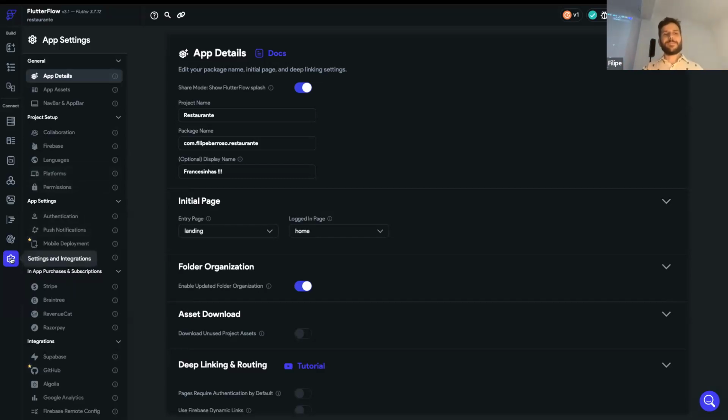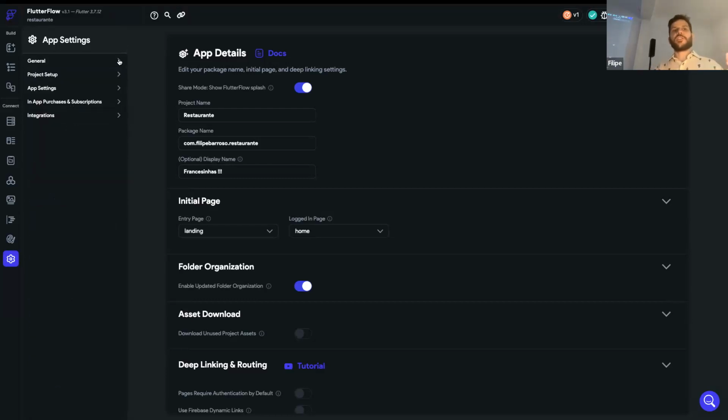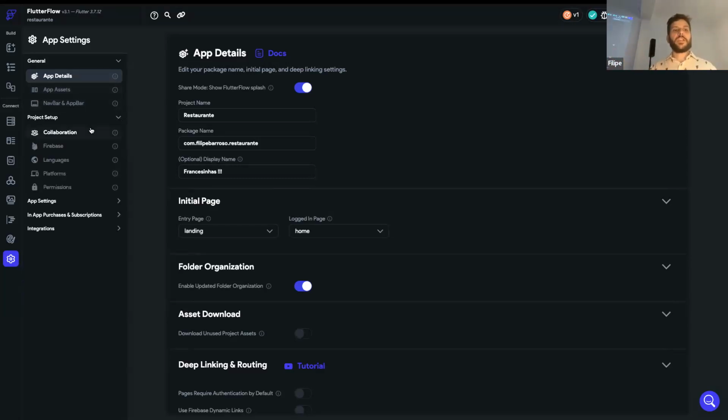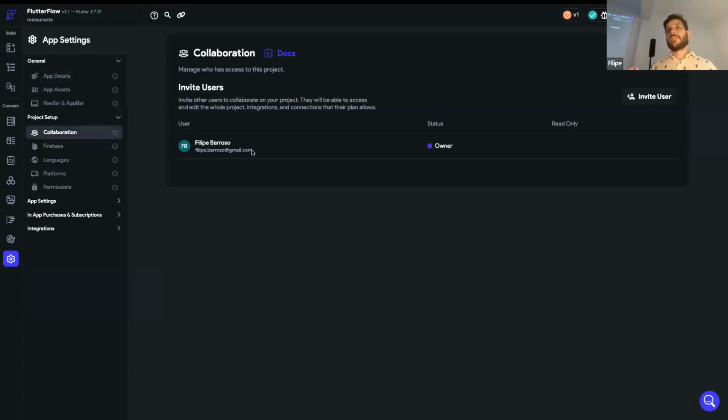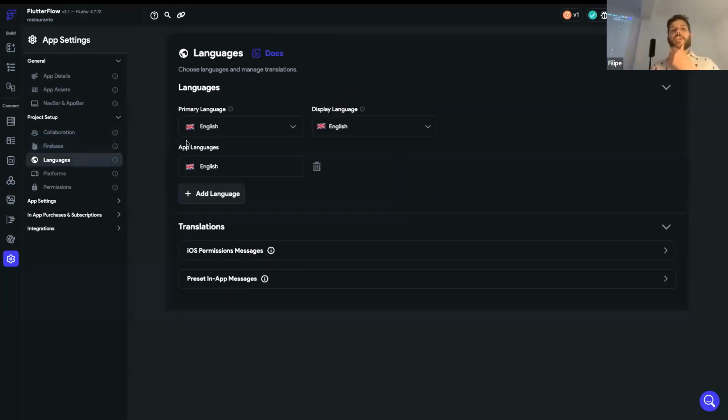And opening the last point, bear with me a bit. I just want to show you that besides these integrations, you can of course define the basic components of the app, but here you can live code in FlutterFlow with your colleagues. This is our source configuration for Firebase. You can have multiple languages set up,